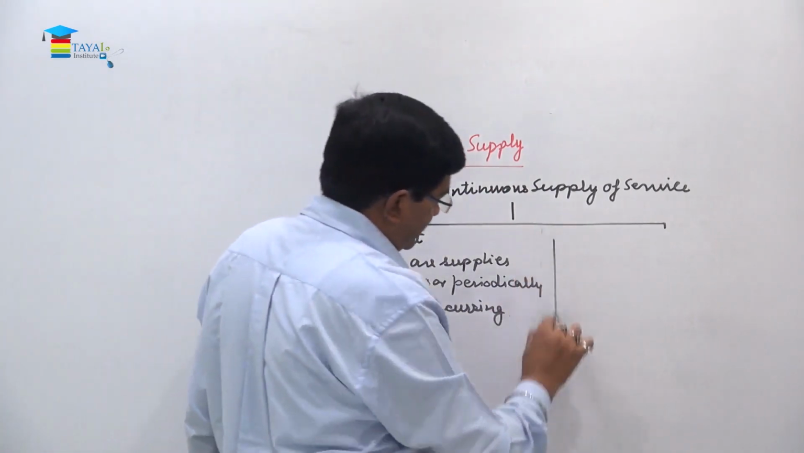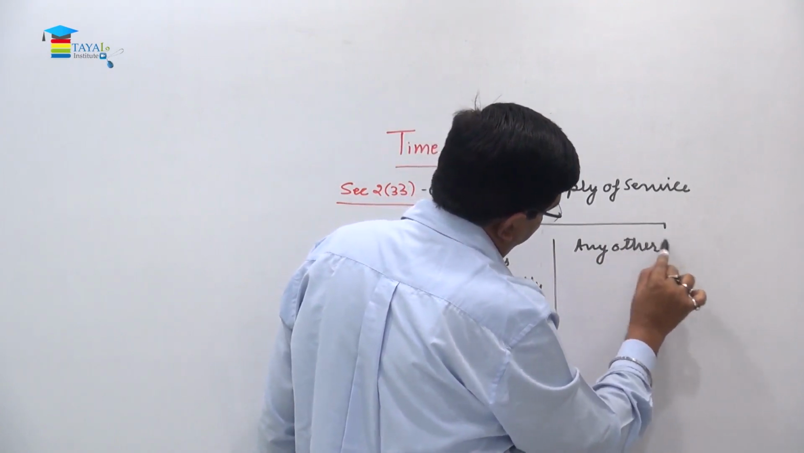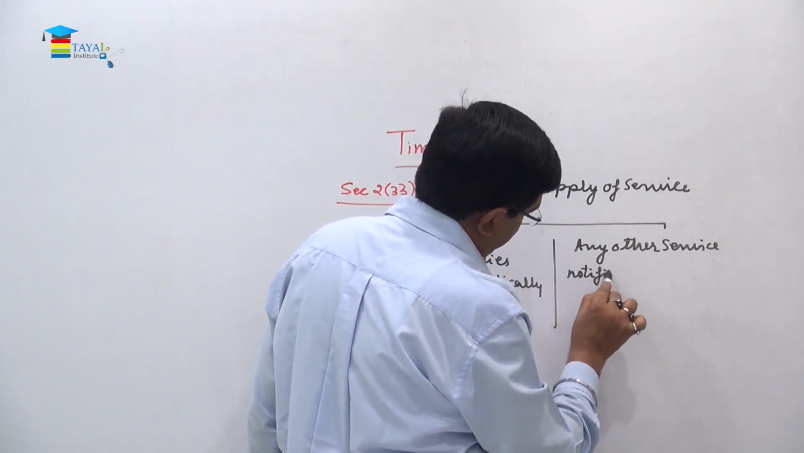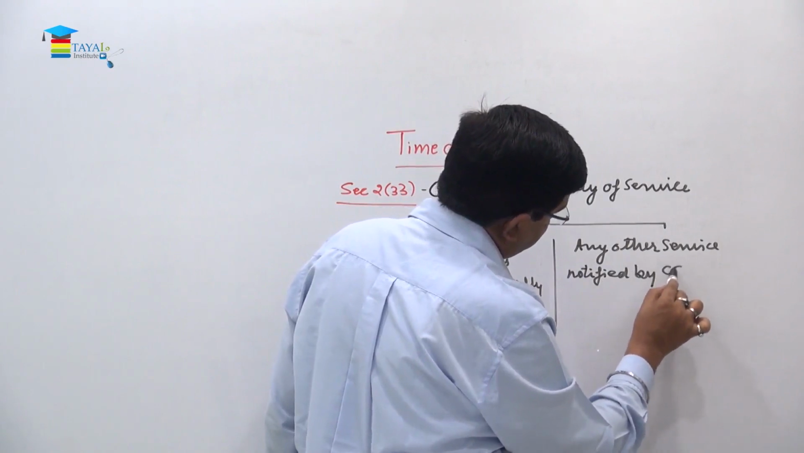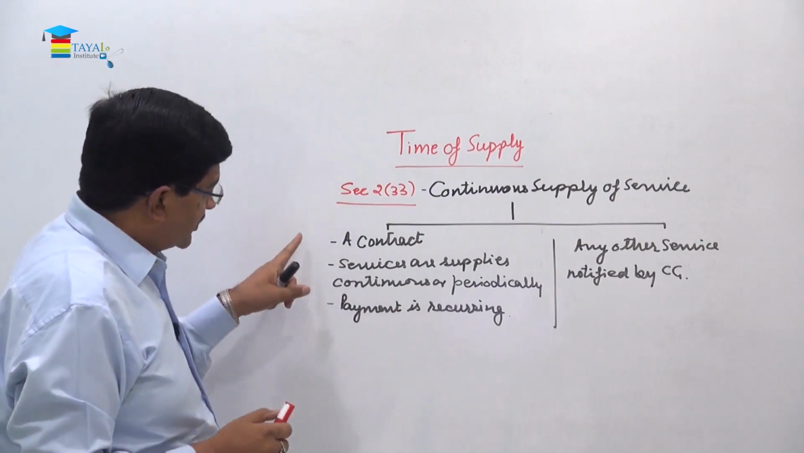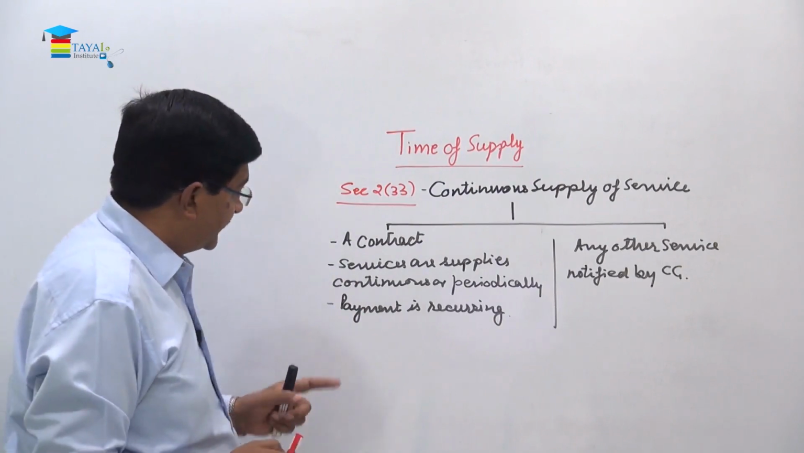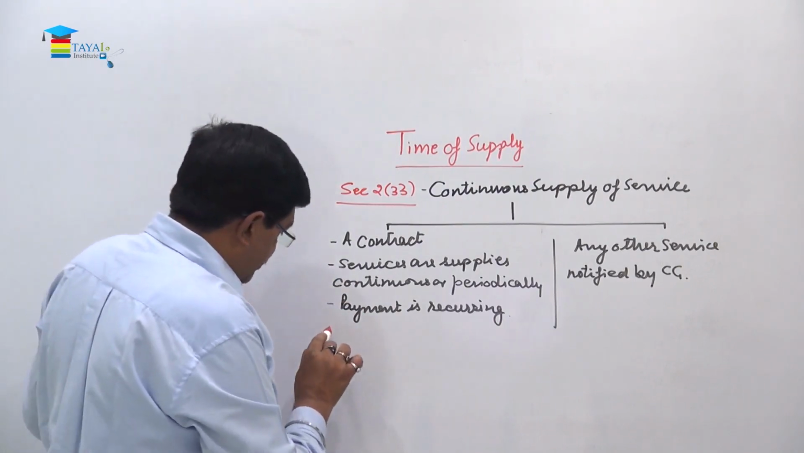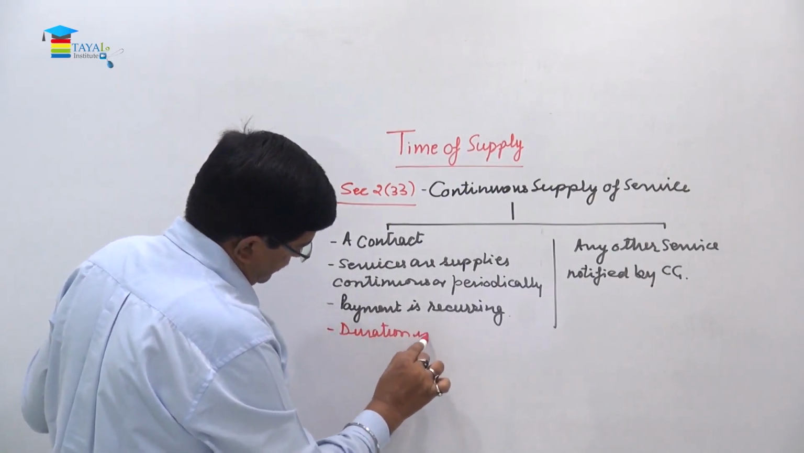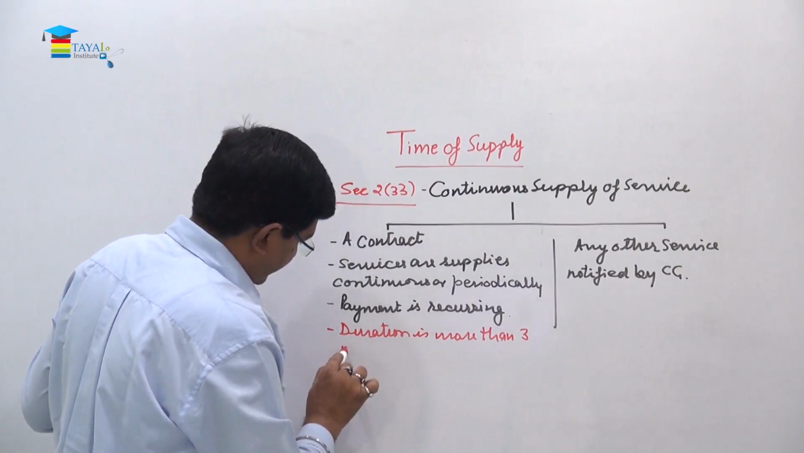and on the other side, this is any other service notified by the central government. But now the most important part: a contract of service in which services are supplied continuously or periodically, payment is recurring, and duration is more than 3 months,